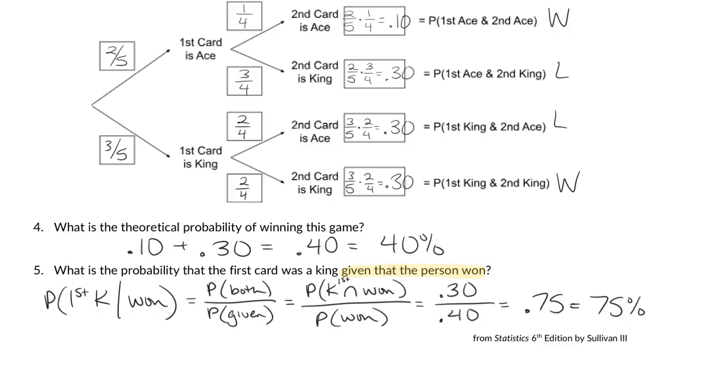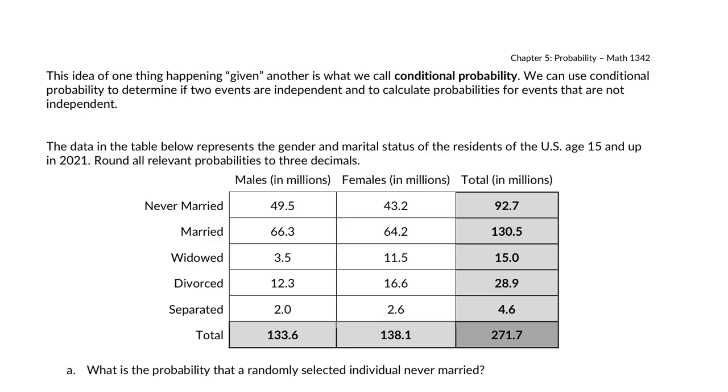Second page of these notes is really going to dive into these conditional probabilities. The idea that one thing happening given another is what we call conditional probability. We started to introduce this last class with the evil eyebrow and the taco tongue, but it was super informal. And today we're going to formalize all of these different